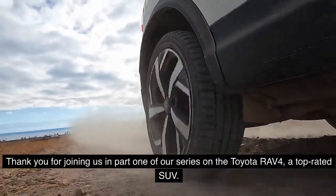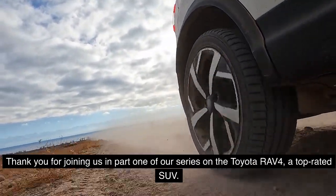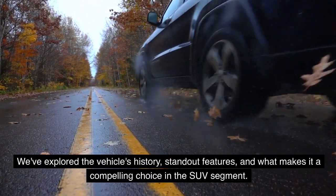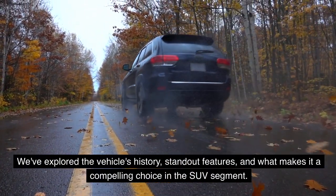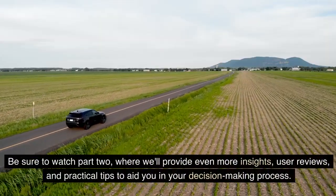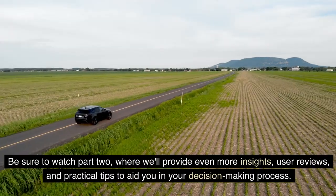Thank you for joining us in part 1 of our series on the Toyota RAV4, a top-rated SUV. We've explored the vehicle's history, standout features, and what makes it a compelling choice in the SUV segment. Be sure to watch Part 2, where we'll provide even more insights, user reviews, and practical tips to aid you